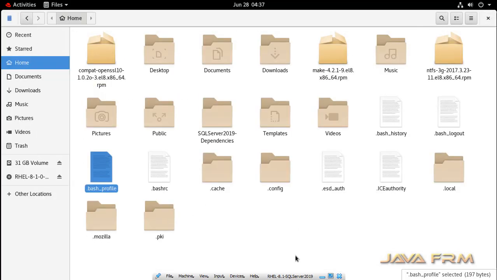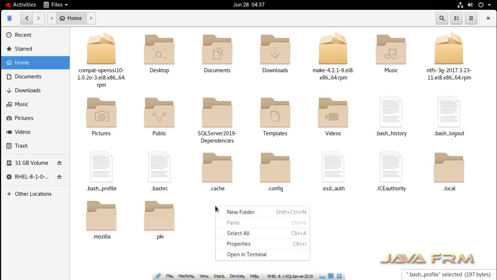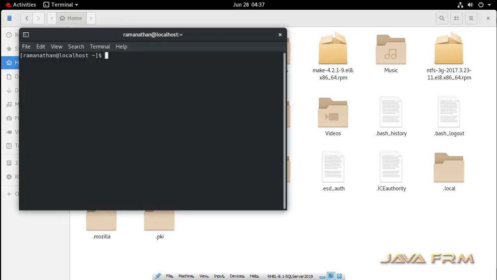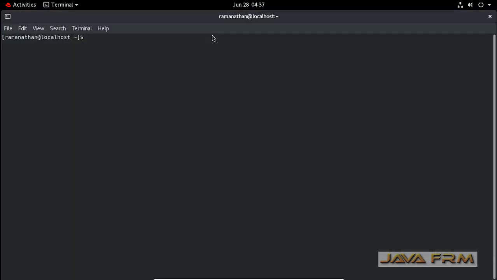Now you open the terminal to check whether .NET Core is available in the terminal or not. Okay, now I open the terminal. source .bash_profile will load the latest settings in the bash profile.